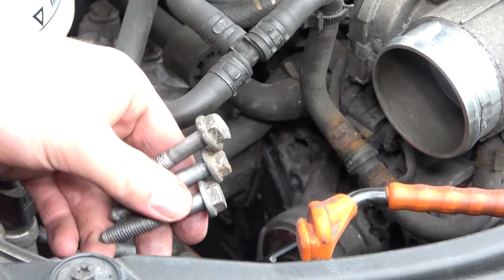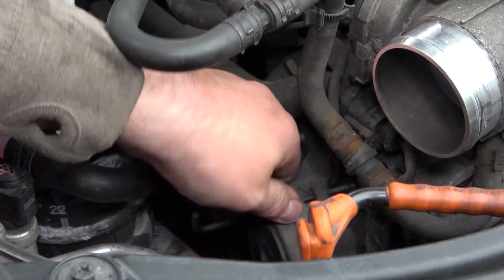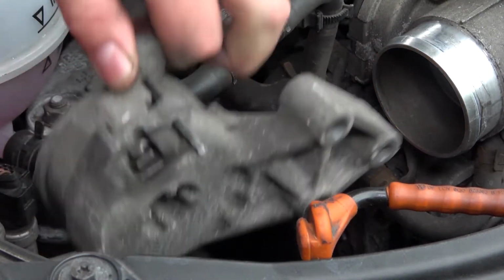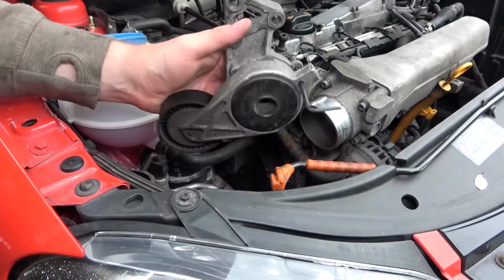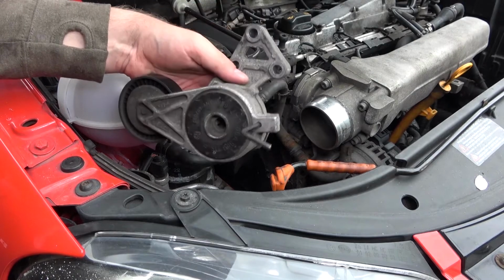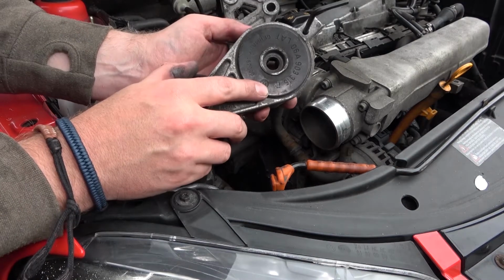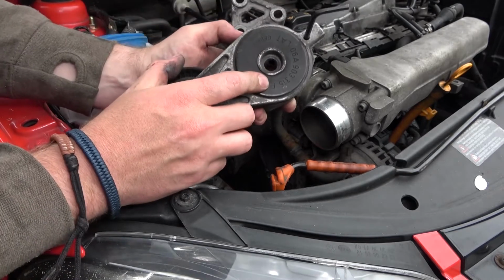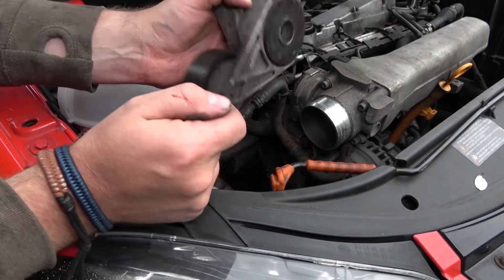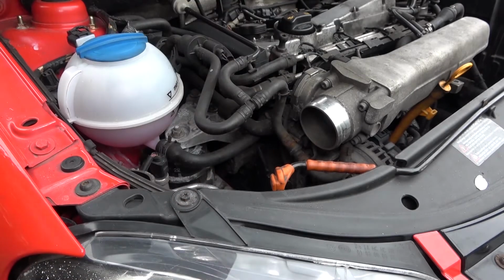Right, so that is all 3 bolts out. So the tensioner should just come out like that. You can see the locking pin, you can see what it looks like. This is the original VW Audi one. So this has done 153,000 miles. And yeah, it's alright, it's not looking too great, but